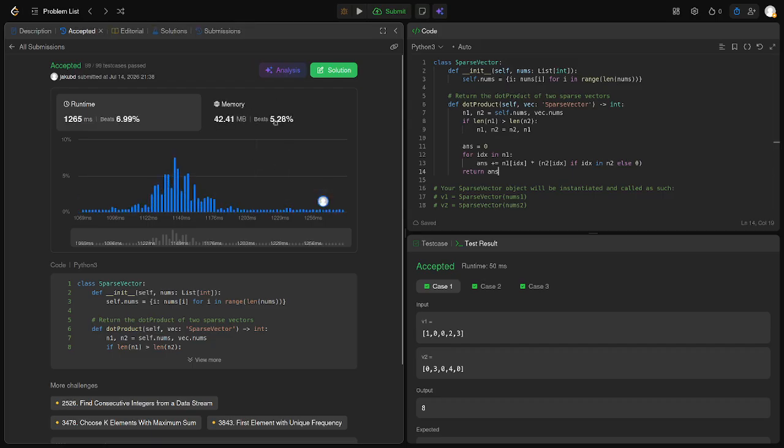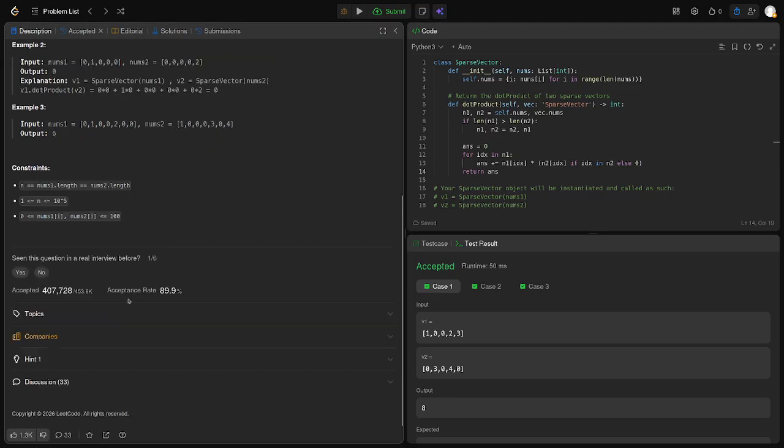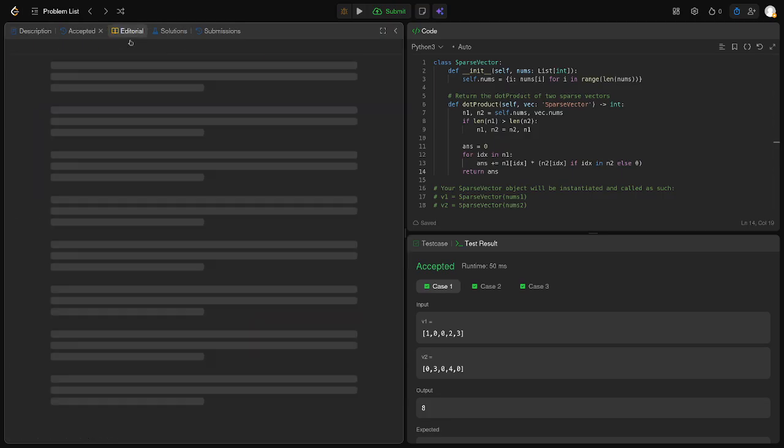Space wise I'm beating 5% and time wise also. You have to be kidding me. That's ridiculous. Wow. Wow. Okay, well, something's wrong. I did that, but